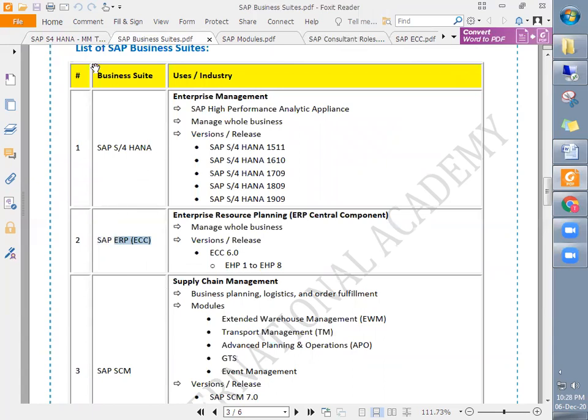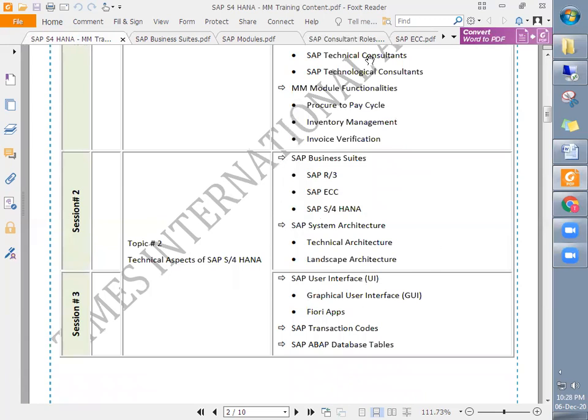So after completion of this training, if we get a chance to work on even ECC, we will be able to do it. Absolutely, it's like taking training on MS Office 2018, and if you get a chance to work in MS Office 2010, obviously you will be in a position to work, because compared to 2018, MS Office 2010 is the older version.